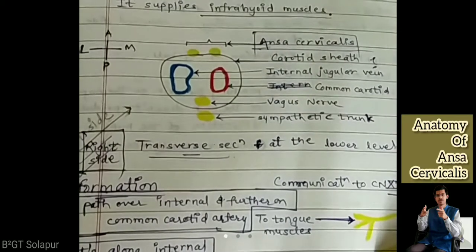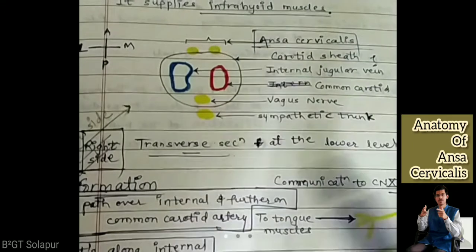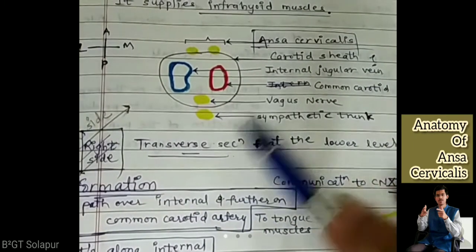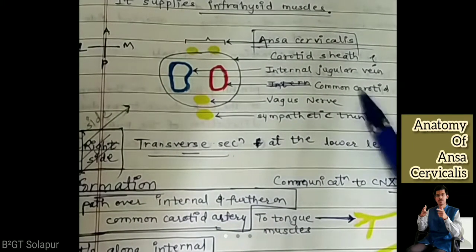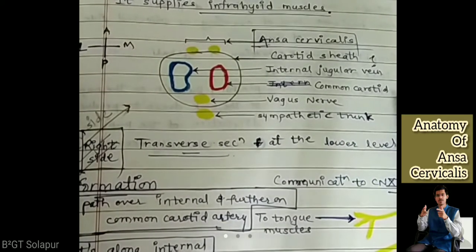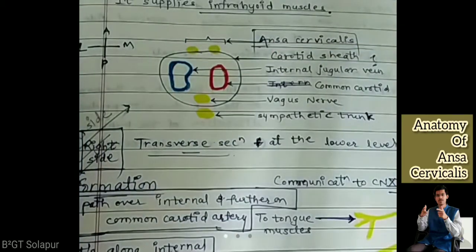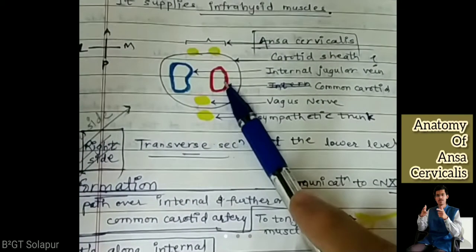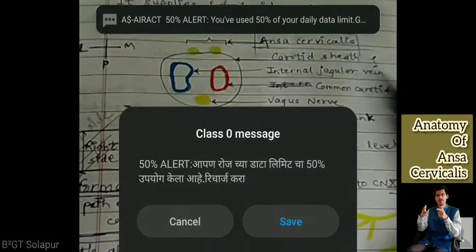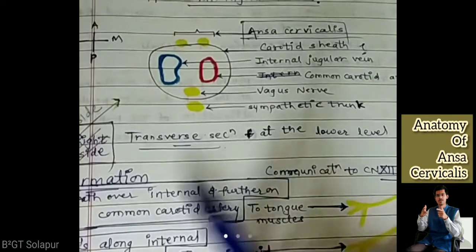I have the atlas today with me. I will show it to you. If you see, this is the transverse section taken at the lower level of the carotid sheath, and so you are able to see the common carotid artery, not the internal carotid artery. If it is taken at the higher level, at the superior level in the neck, then here you would have the internal carotid artery, because already the branching takes place. Understood?